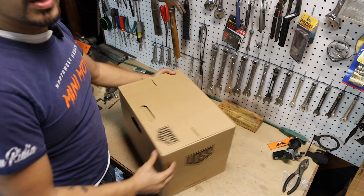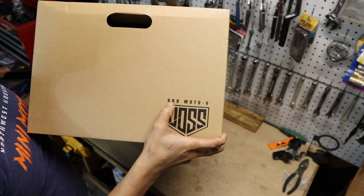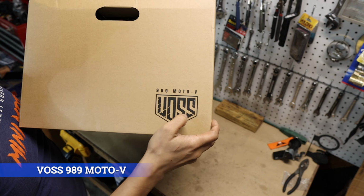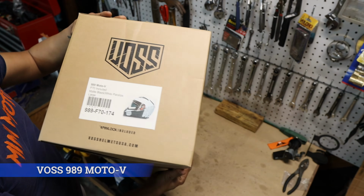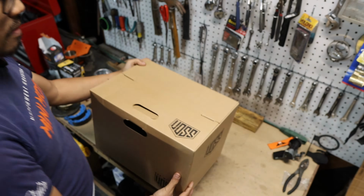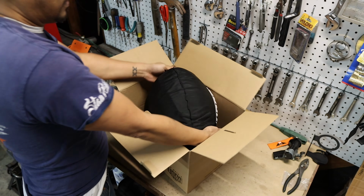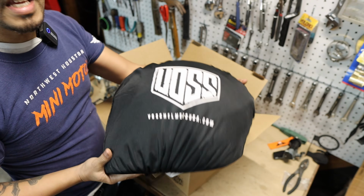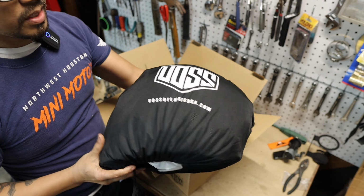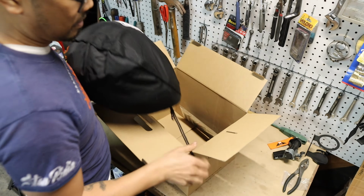All right, so here we go. I got this in the mail today. I got the $9.89 Moto-V Voss helmet. Pretty plain box, but I mean, it's just a box, right? So when you first open it up, of course, you get the helmet in a nice little protective bag. I think all helmets come with this. I think once my helmet comes out of here, it never really ever comes back into it again, but okay,